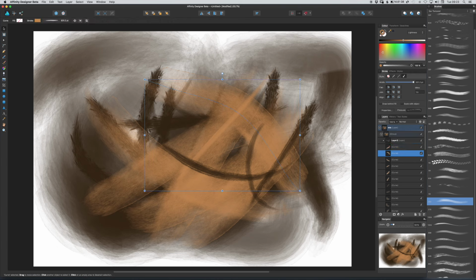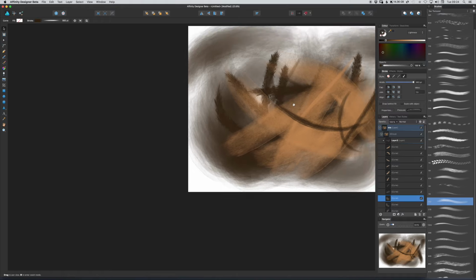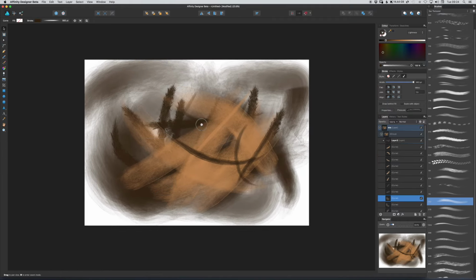I'd like to select that one. Oh no, it's selected a different one. What the heck? So when you're at this stage, if you want to select a particular stroke, that as it stands starts getting quite difficult. You've got all these different curves. And by the way, if you know what curve you want, let's say this one here, if you double click in the layers panel, it takes you to it, which is good. But if you can't see it because it's behind another one,